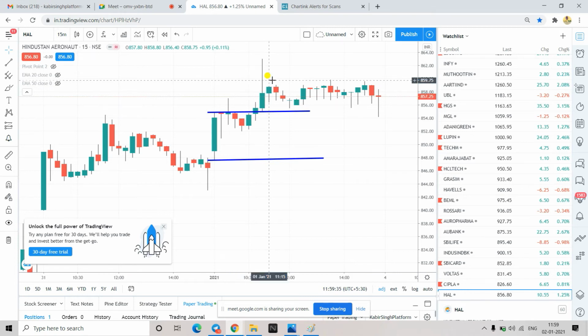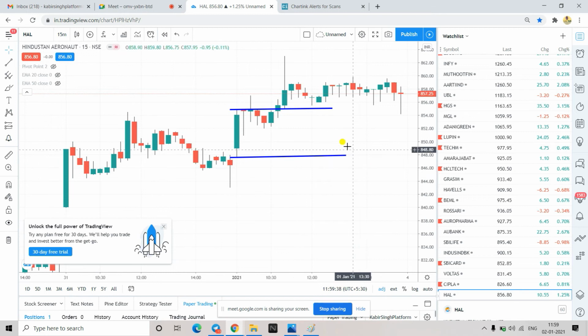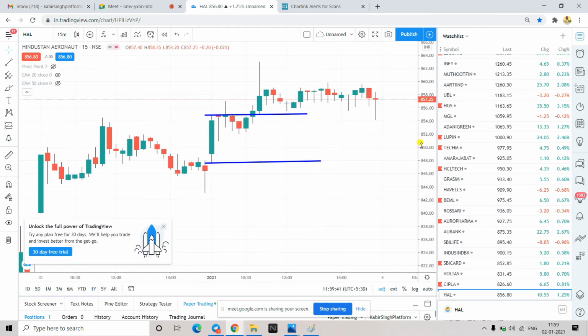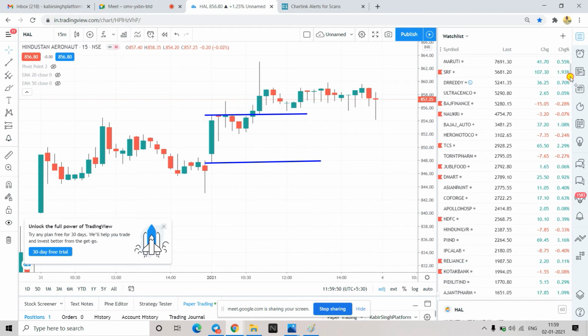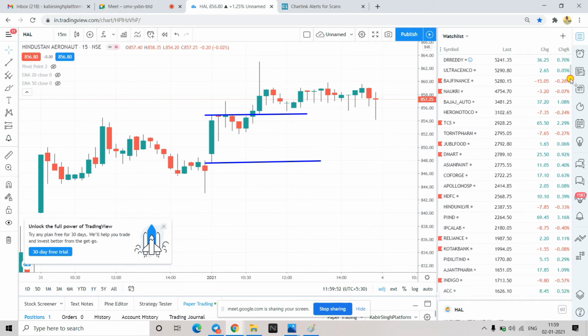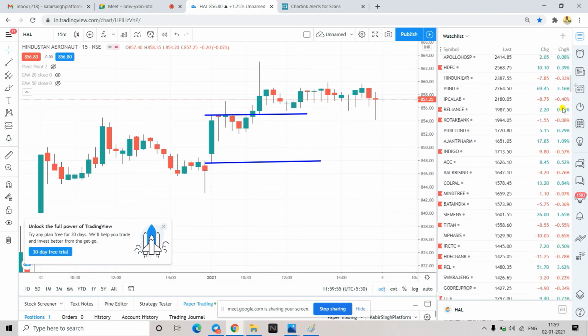Unless you take a very good entry, sometimes in the market the movement will also not come. If you could see, this is my watch list, right? Many of the stocks here will hardly give a movement of more than 1%. You can see the majority of the stocks don't give a movement of more than 1%. So that's the reason, if you take a trade, make sure that you keep your first target as 0.5%. This is for intraday only, because that would be a safe target which you will get most of the time you take a trade.